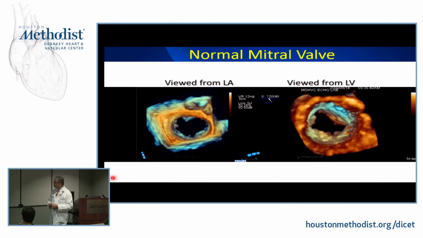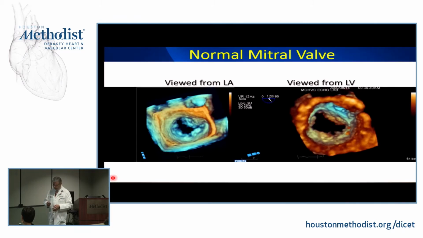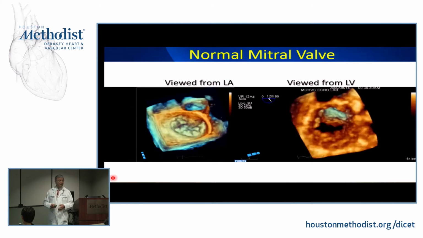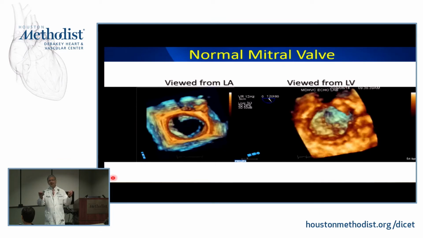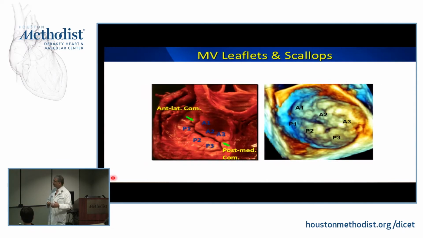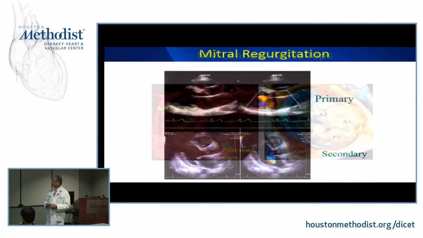So this is a nice TEE from the atrial view and from the ventricular view that you could take a look at. And you can tell that the valve is not this beautiful, nice linear structure. It has lumpy, bumpy areas. It has scallops. It has so many things in it. And the variability among them is quite a bit. So if you're going to develop something to understand it, model it, it cannot be this theoretical issue. It's going to be something patient-specific, and that's the beauty of some of the work that we're doing.